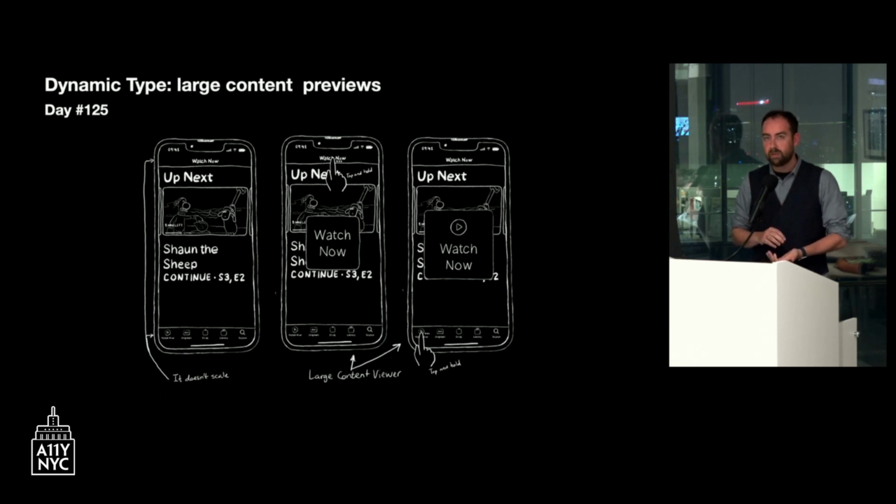If you're using an accessibility text size and you tap and hold your finger on the navigation bar or the tab bar, you're going to see a large preview in the middle of the screen with whatever you are tapping. So for example, if there's a navigation bar with the title Watch Now and you tap and hold, then you see the text Watch Now very big in the middle of the screen.